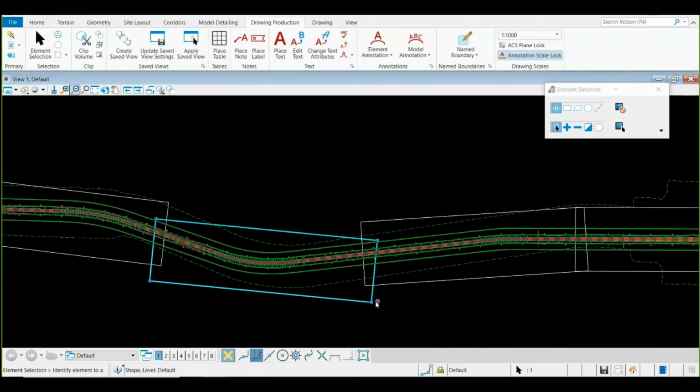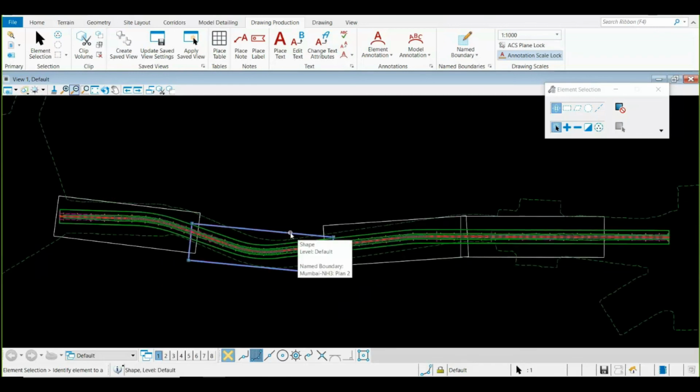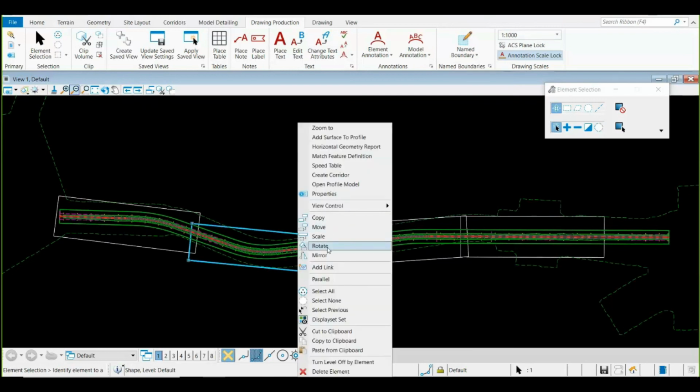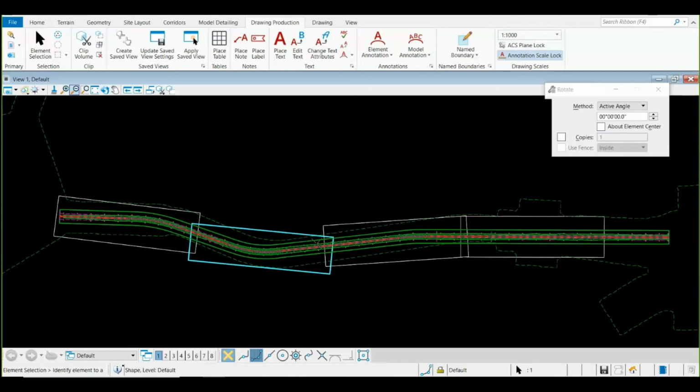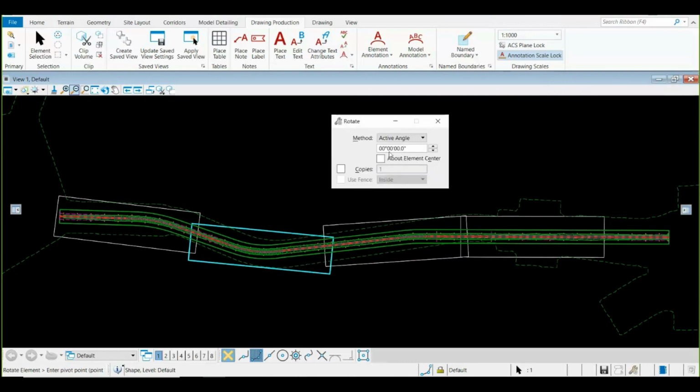So now I'm having this new rectangle with new dimensions or shape. I can even rotate this rectangle. When I right click over this, you can see there is an option to rotate. As soon as you click on this, you get a rotation window in which you can even type your angle, by what angle you wish to rotate it. For example, if I type 5 degrees and press enter, this rectangle will turn 5 degrees. In this manner you can set the rectangle angles as well.